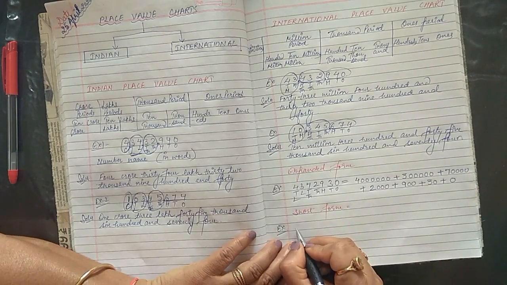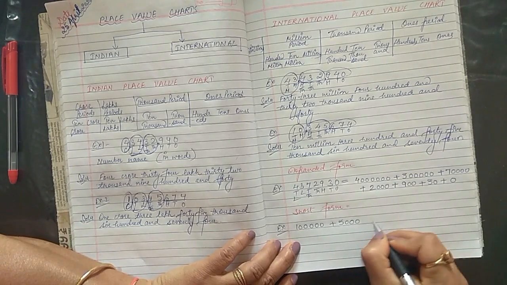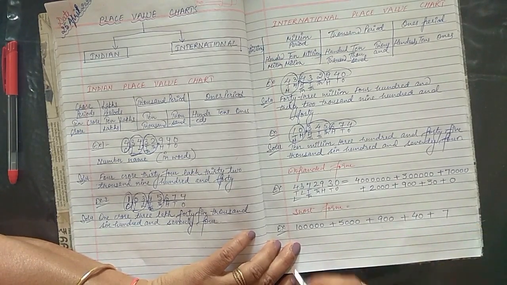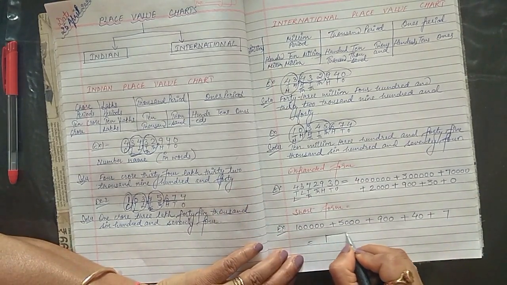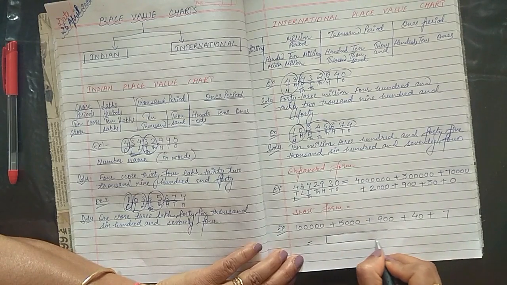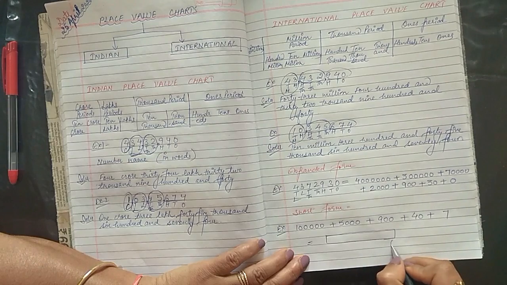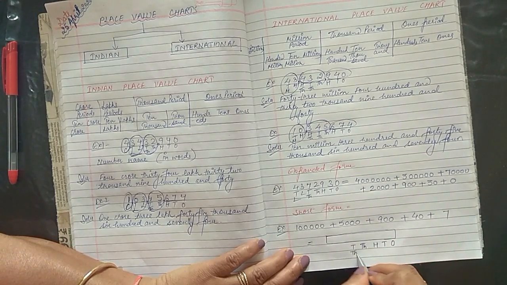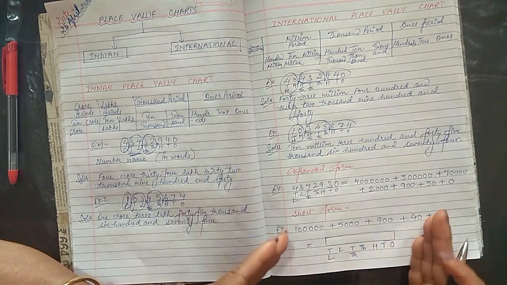See one more example over here. Suppose we take an expanded form given over here and we have to put that in a short form. This short form is again very easy. What we have to do, write down the place values over here. Ones, tens, 100, 1,000, 10,000, lakh and 10 lakh. Okay, you can put crore and 10 crore also if you want, if it is needed over there.